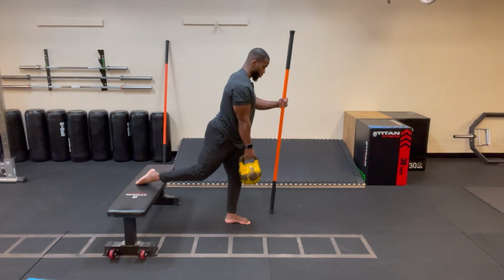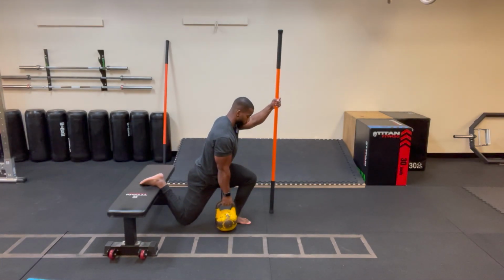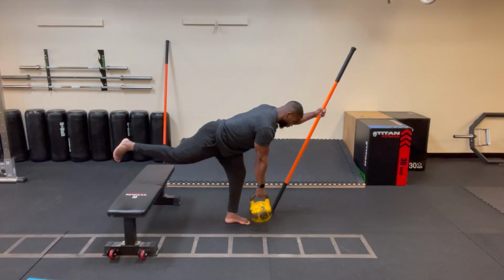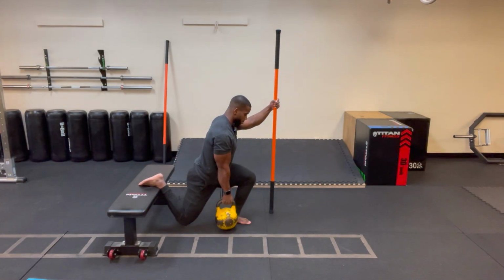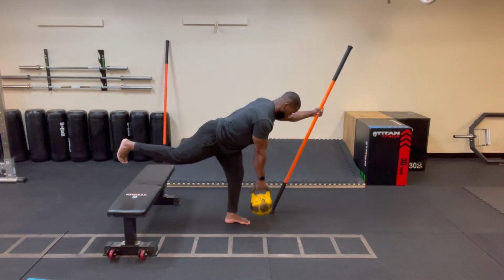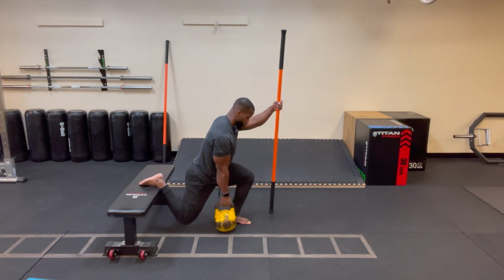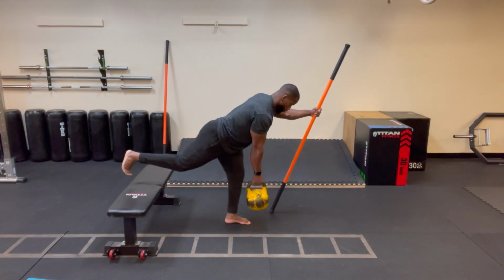up, that's 2, down, up, draw that right heel back, up, 2 more, down, up, draw the right heel back, up, 1 more time, down, up, draw the right heel back,